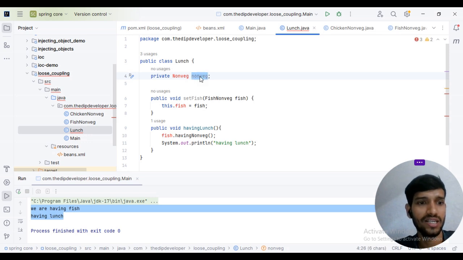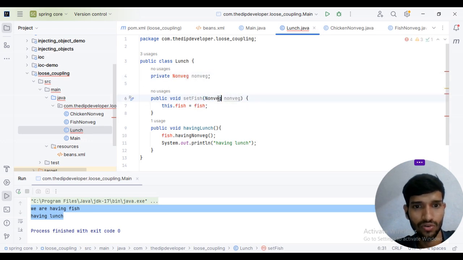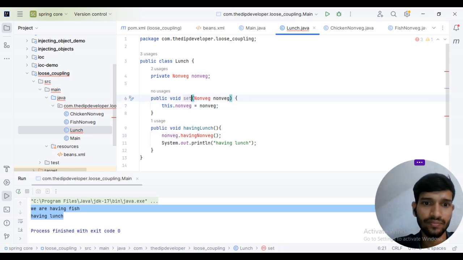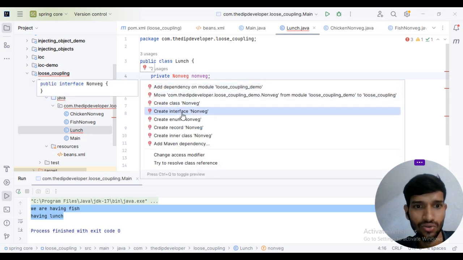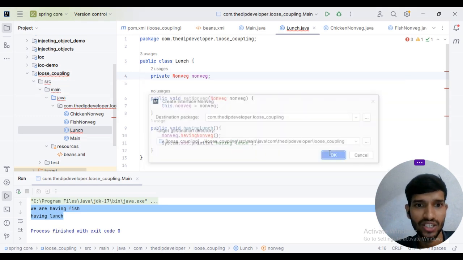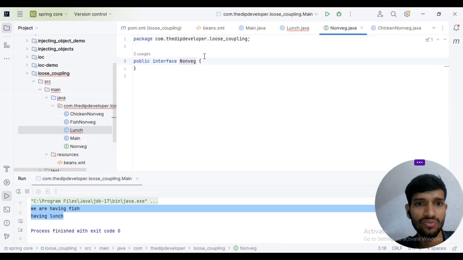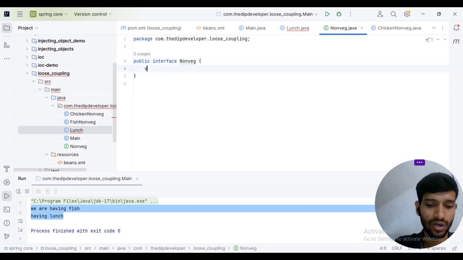Then for any other requirement, I will show you: ChickenNonVeg, Ctrl+C, Ctrl+V, fish, and we are calling the NonVeg, and here it will be setNonVeg. So overall, I will be creating an interface. So let's go and create an interface called NonVeg,